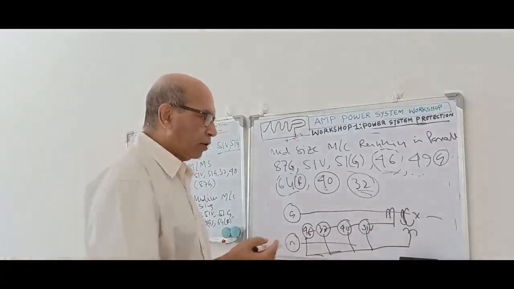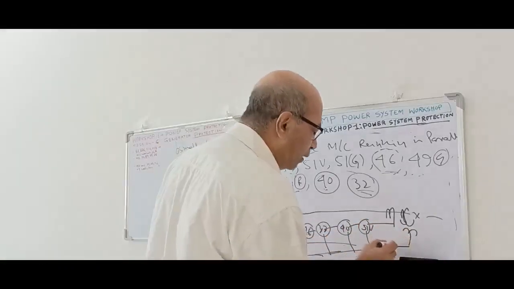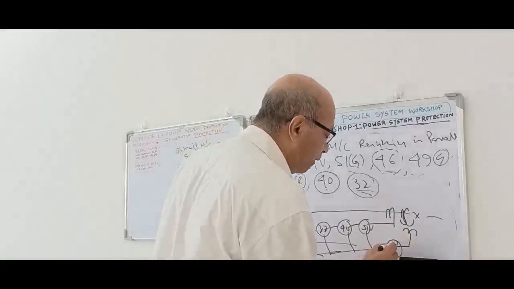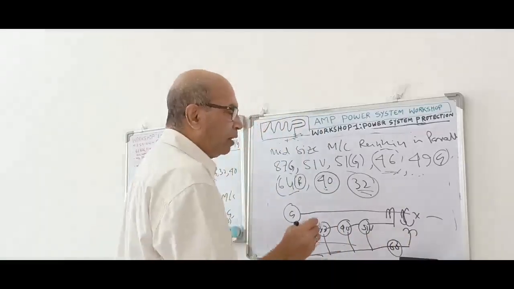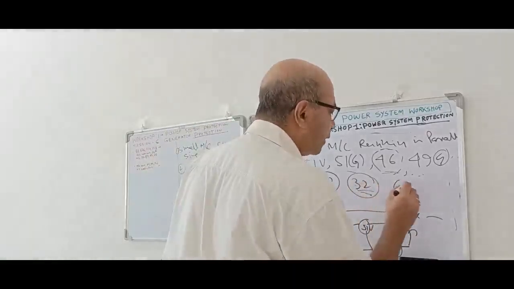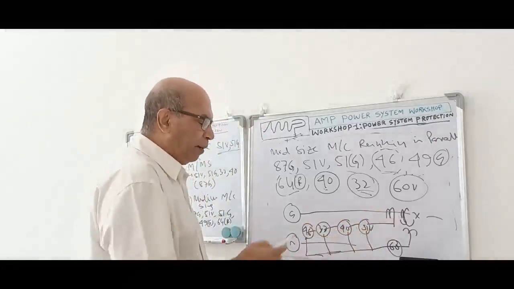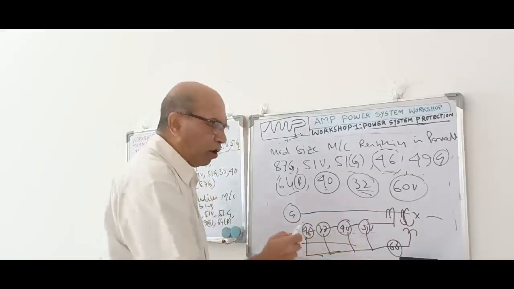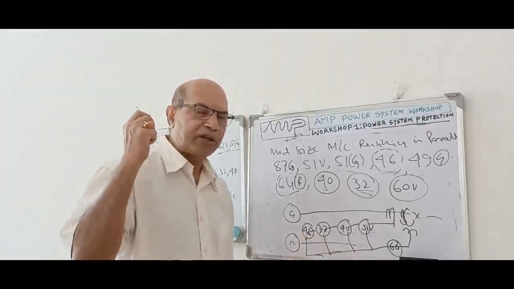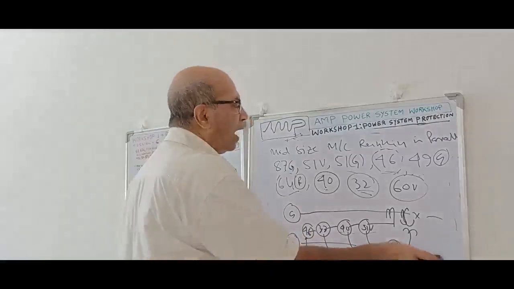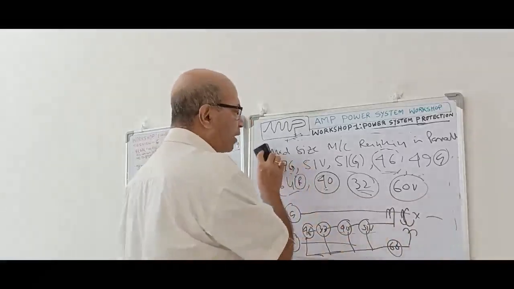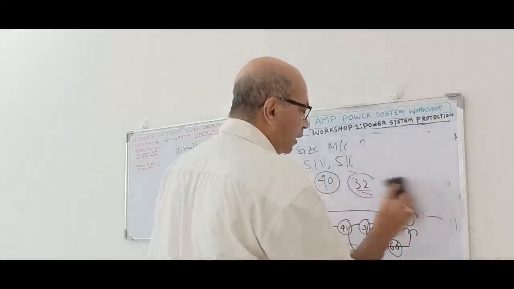We already discussed this. So this PT supply has to be monitored by a 60 relay. So that 60 will also be here, the PT monitoring relay. If this PT supply fails, immediately the output contact going to the breaker trip circuit has to be prevented from tripping. How is that done? That is done this way.